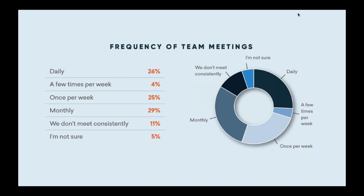We hear lots about people complaining, I think, across any industry and any level of employee about how much of a time suck meetings are, what's happening. So we wanted to get a feel for how often teams were meeting and what type of meetings they were having. So as you can see,